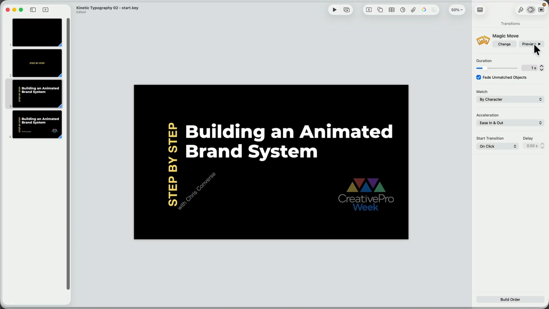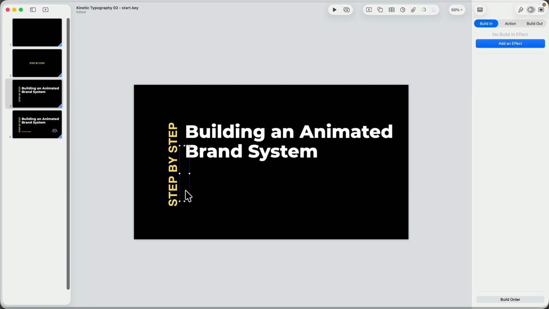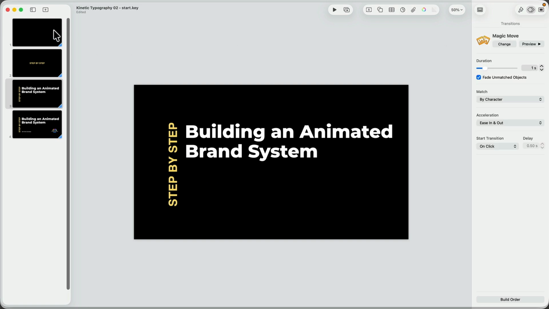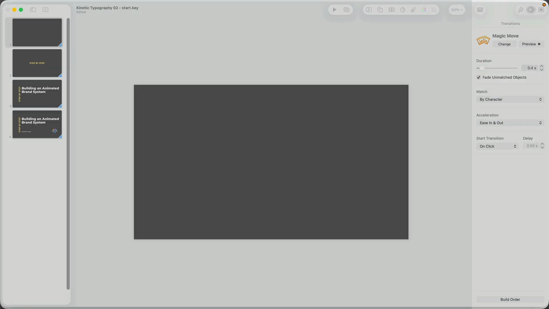Let's hit preview again. We can't control the pivot point of the rotation, unfortunately, but I can come in here and just sort of move where the beginning piece is. So I might just move this up here just a little bit. Then we'll preview the whole thing. Let's go back here and hit play.